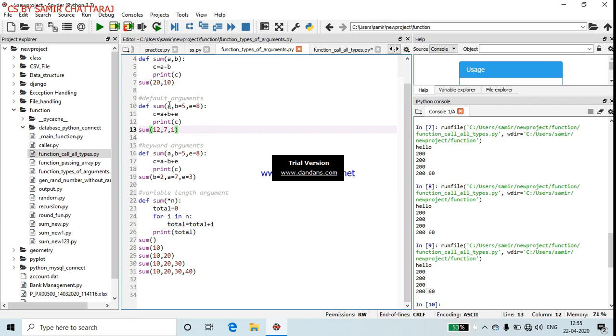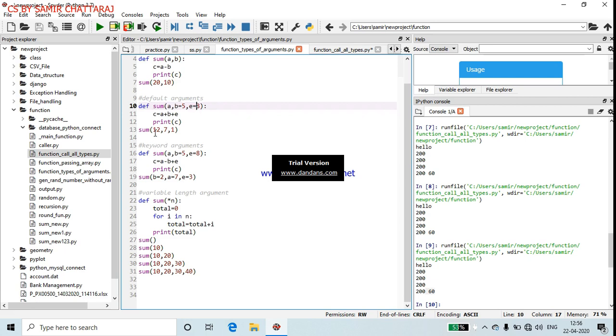See here, three parameters are there, a, b and c. So as I am calling the function sum, first 12 will pass to a, 7 will pass to b, and 1 will pass to c.